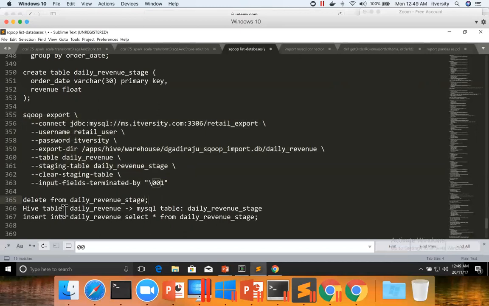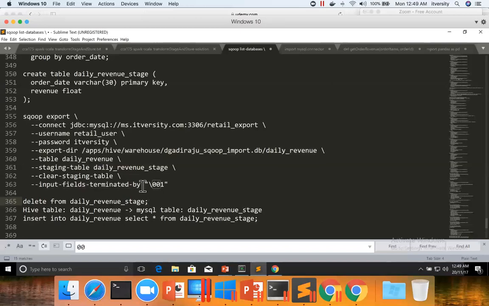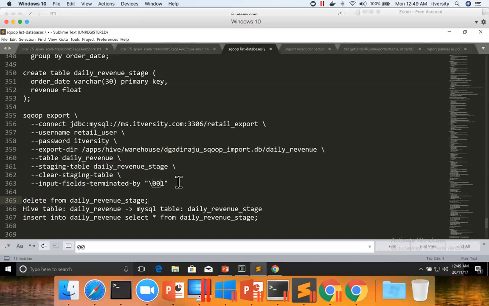Then it will copy data from the Hive table, in this case, or HDFS location, into the MySQL table, which is daily revenue stage. And then it will say insert into daily revenue, select star from daily revenue stage. So it will add an additional step of deleting the data from the stage table whenever you try to perform the Sqoop export. Now, if I run this command,